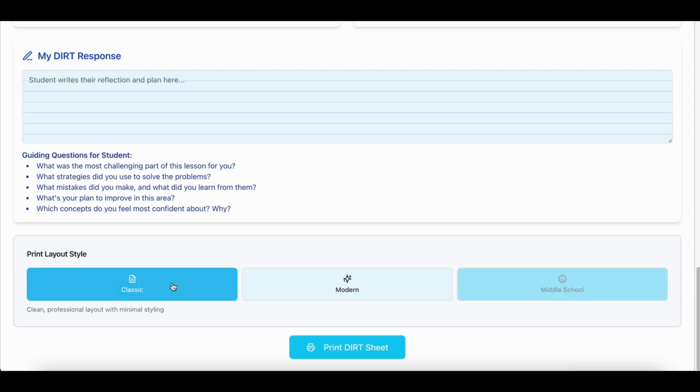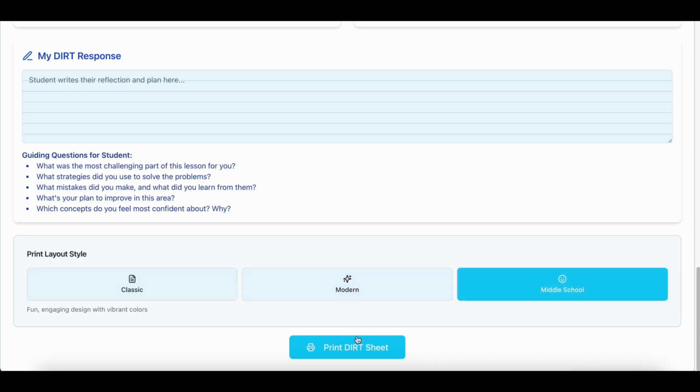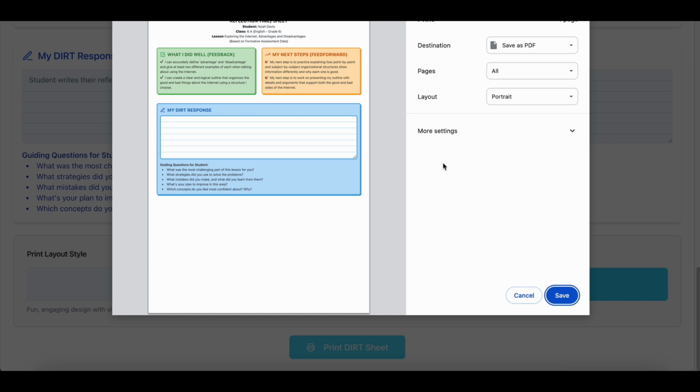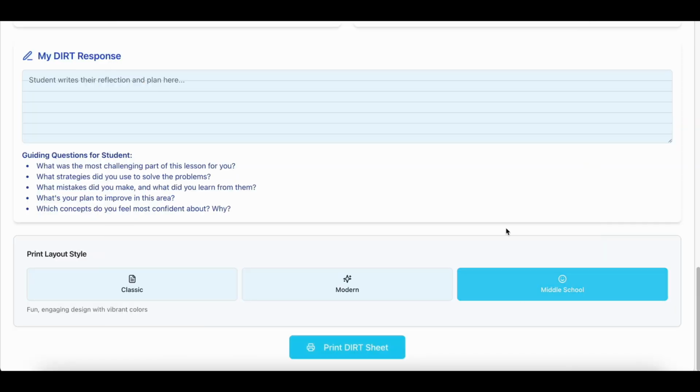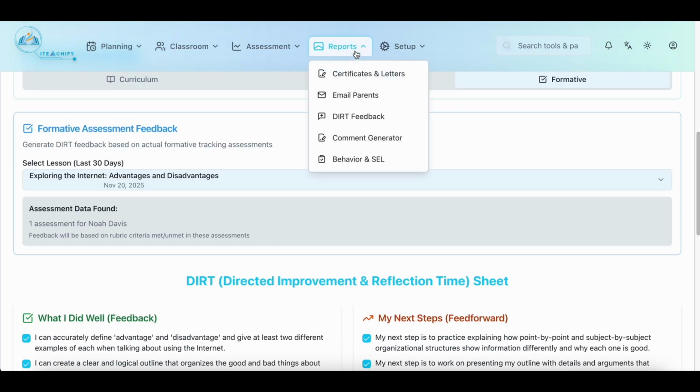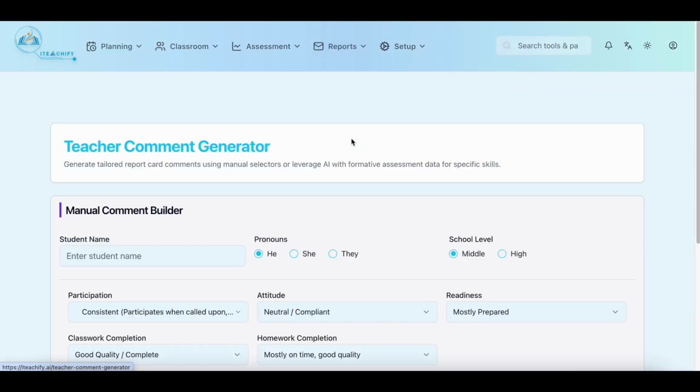Now, if you scroll to the bottom of the page, you should be able to print your beautifully designed and well-structured feedback and next steps document in 3 different styles to give to your students to reflect on their learning. This PDF document is already branded with your school logo and name, which we have set up earlier in the